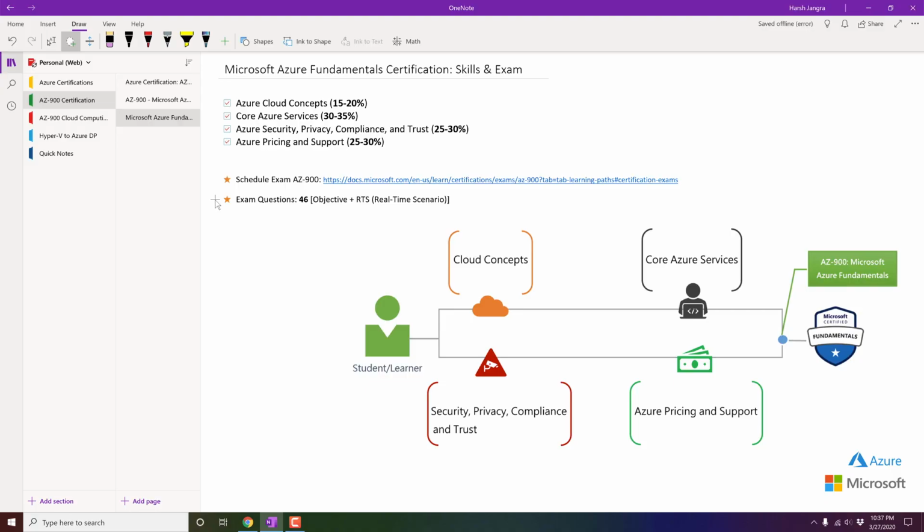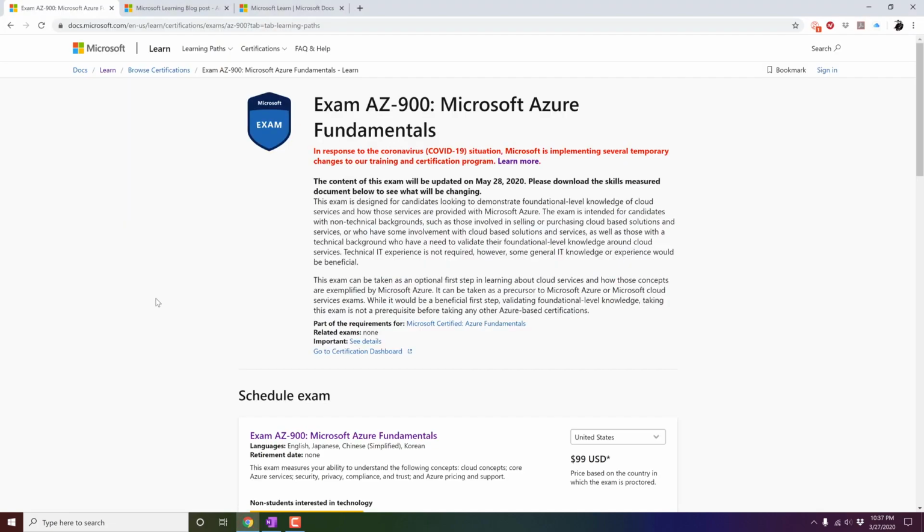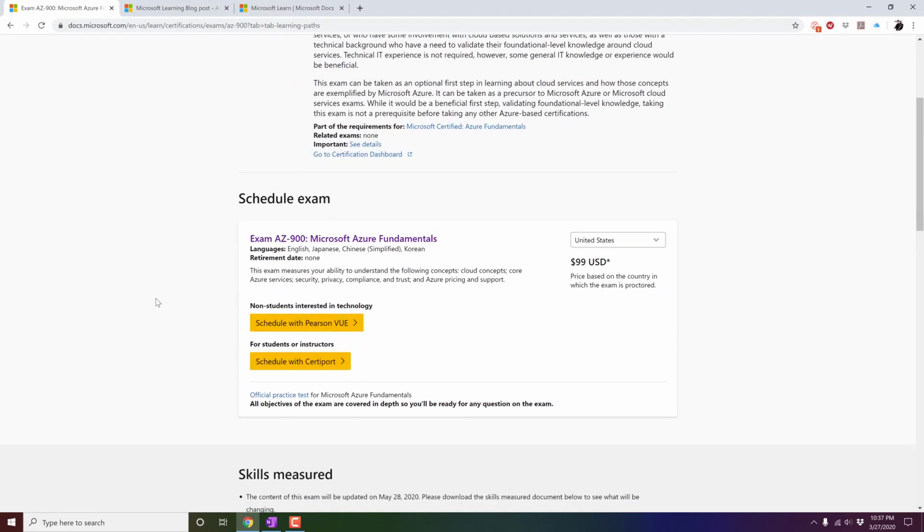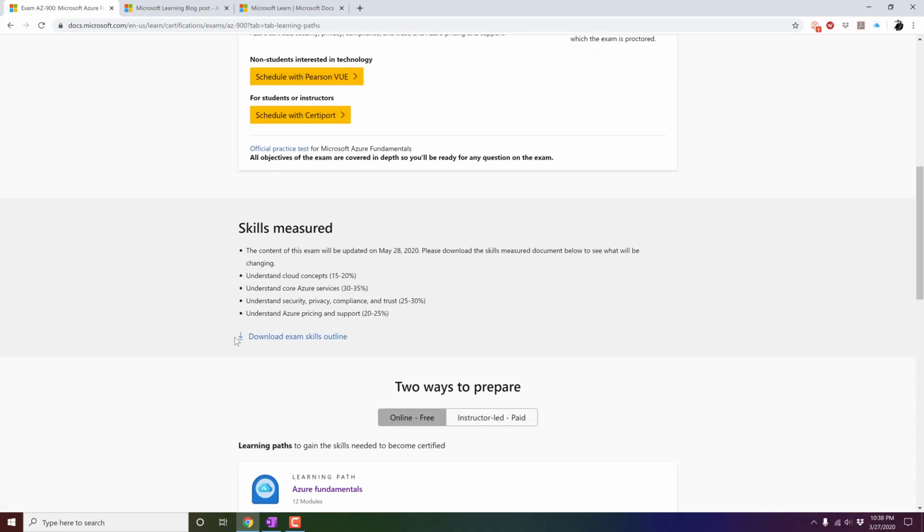Just an overview. You need to understand what the certification is all about. But along with that, I would like to share additional information which will 100% help you to know more about this, and of course will ease you to complete this certification. If I go back to the same page which I showed you earlier to book your exam and scroll down a little bit, here's schedule exam, but a little further down it shows an option called skills measured.